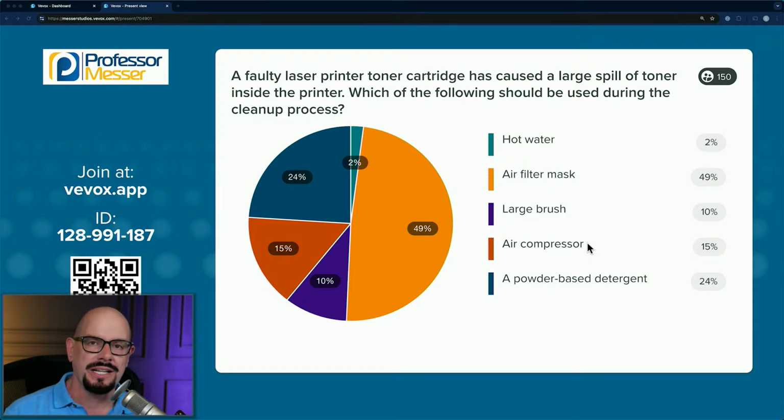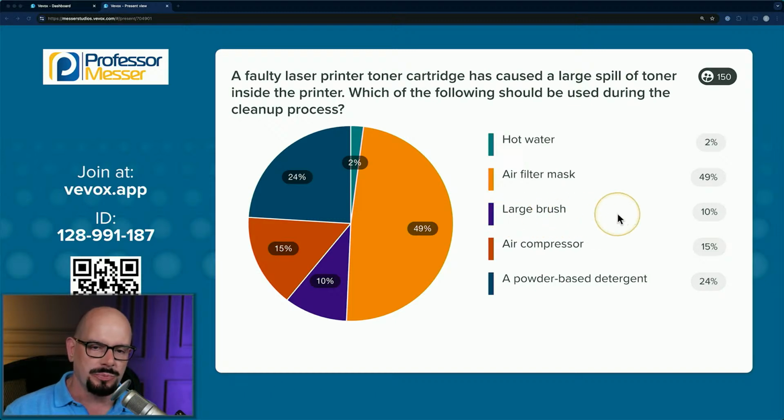Now, if you're trying just to clean out the printer, it's not a toner spill, you're just trying to get pieces of paper out, the little fine pieces of paper that tend to accumulate in the bottom of a printer. Okay, air compressor, we could take it outside and maybe blow it out with an air compressor. I would go along with that one, but not the toner. You should consider the toner as being a hazardous material, and you don't want it getting out into the atmosphere. You don't want it getting out into your environment. You don't want it getting into you.